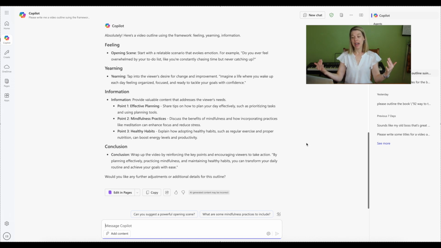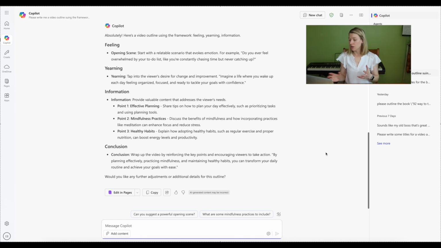And then healthy habits. Explain that adopting regular exercise and nutrition. Yes, having healthy habits. Iterating on that. Yeah, that's a really good thing for someone who's feeling overwhelmed, that they really do need to go get in some physical activity, move your body. That will always help, and make sure you're eating good foods and getting your rest. Those are really good things. So that's the information part.